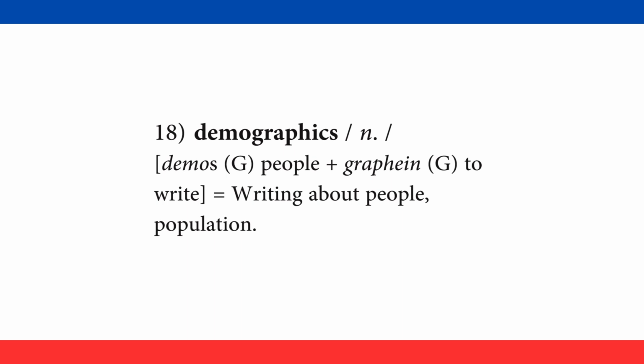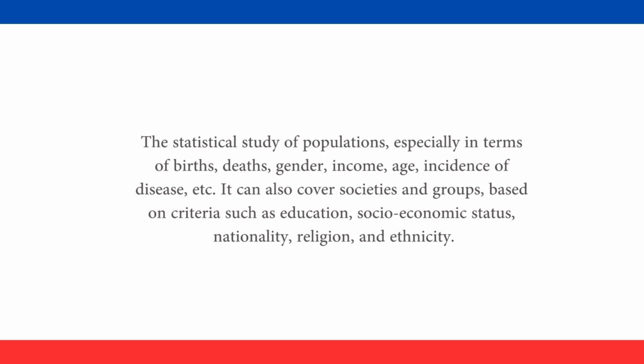Number 18, demographics. It is a noun. Derived from demos, Greek word for people, plus graphein. In Greek, it means to write, which gives the meaning writing about people, population. The statistical study of populations, especially in terms of births, deaths, gender, income, age, incidence of